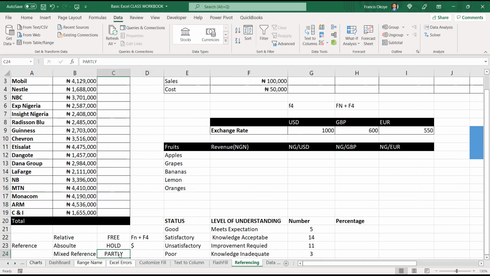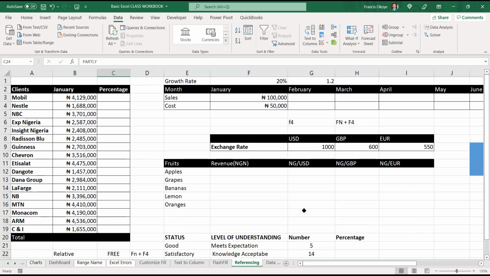Remember that in Excel, what cell is this? G17. Good. How does Excel identify a row?